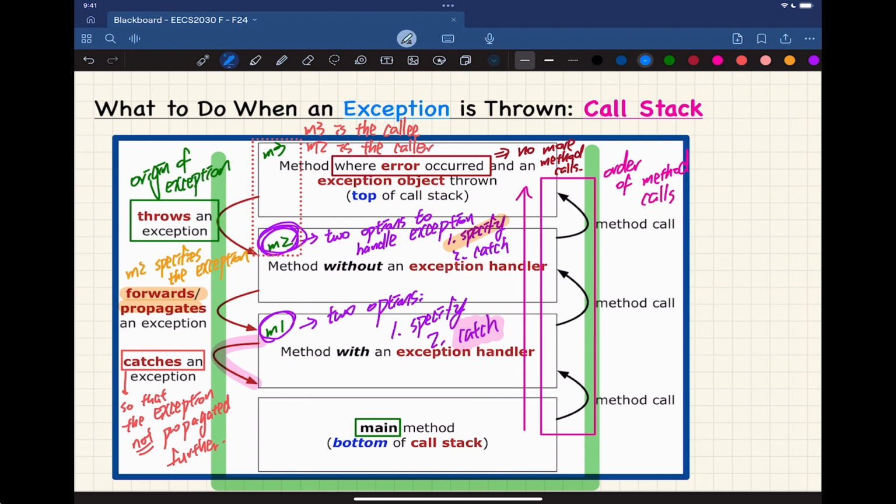Similarly, when I look at this pair over here, M2 and M1, M2 is the callee, and M1 is the caller. You can see for the same M2, it could be the caller or it could be the callee at the same time, right? Now, when the exception actually occurs in M3, it's simply going to throw the exception back to its caller,